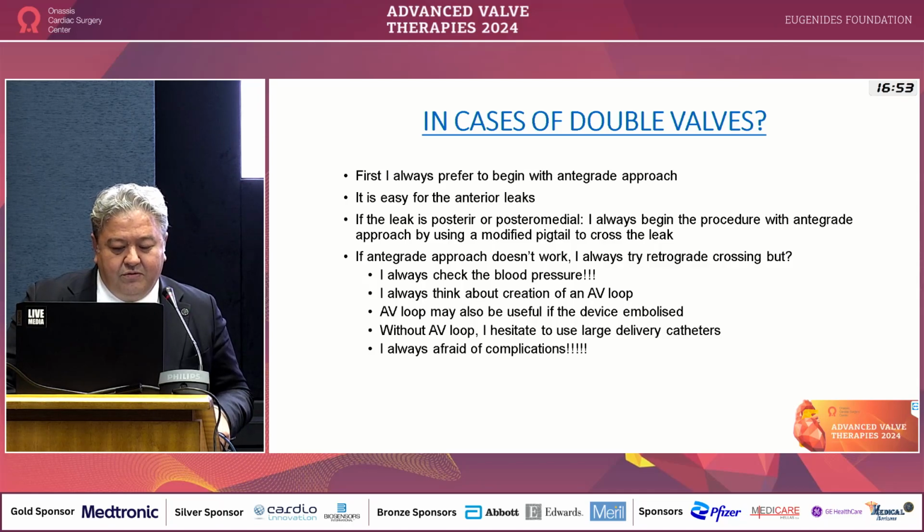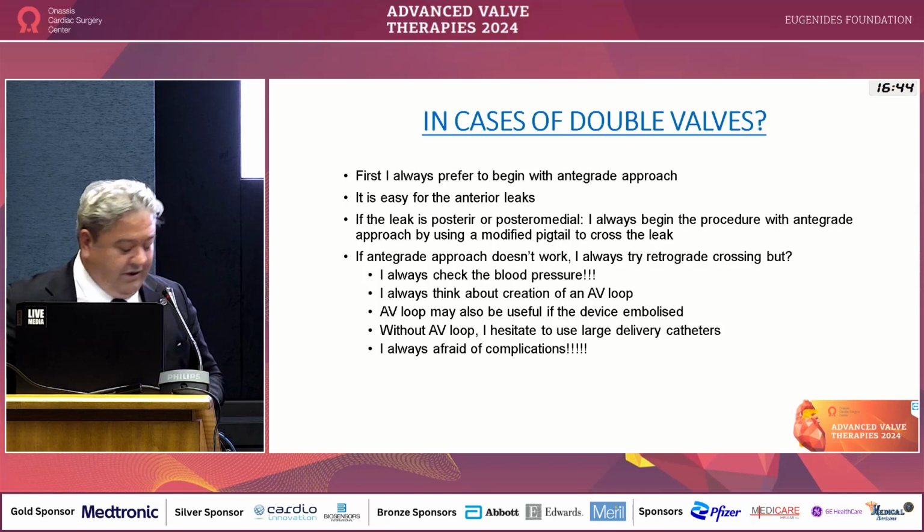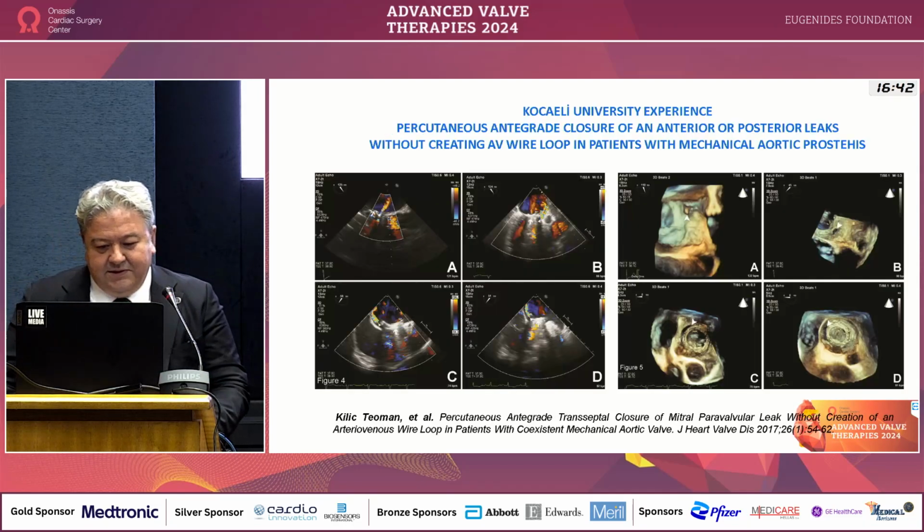AV loop is also useful if the device embolizes. Without an AV loop, I hesitate to use large delivery catheters, and I am always afraid of complications. These are the cases that